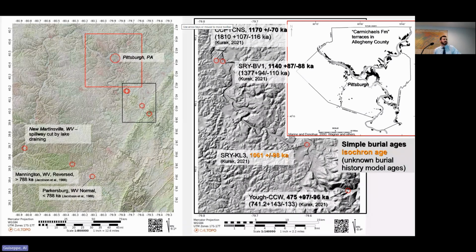So you can see in that red panel, that black area is the Carmichaels Formation, which is an unconsolidated surficial unit with a constructive surface of around 345 meters that is thought to be somehow related to Glacial Lake Monongahela. We also have depicted on this map a set of geochronological ages collected over the last few decades, many of them not yet published, which, while still uncertain and a work in progress, because we have both paleomag, simple burial ages, and some isochron